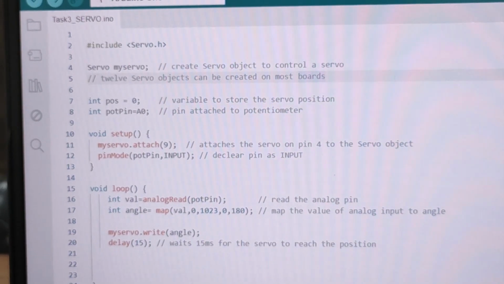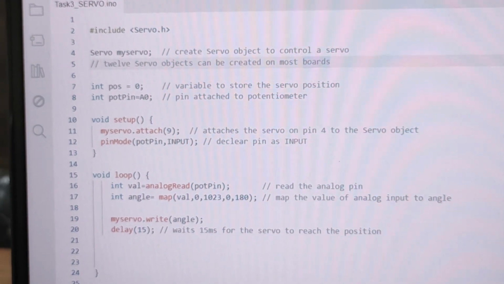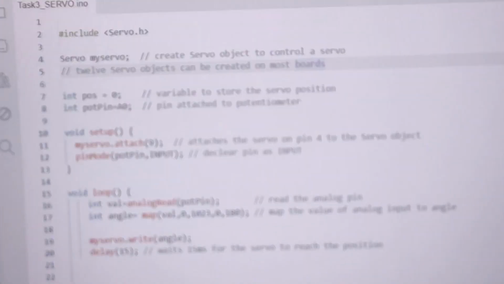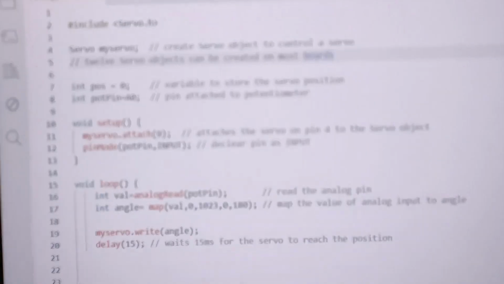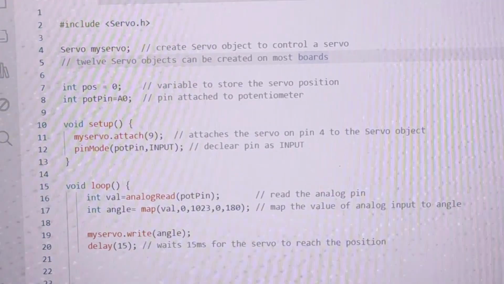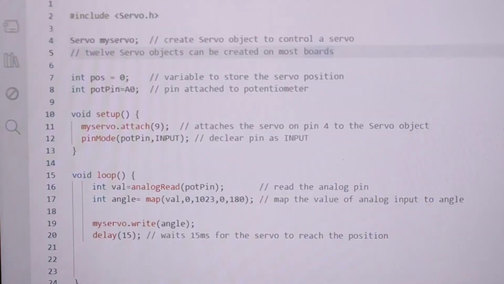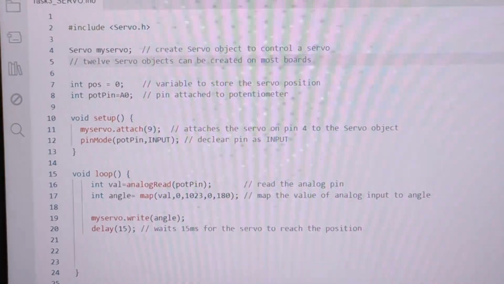It is also again using that servo.h program. Here basically the objective is that we are adding an external potentiometer. As you rotate the potentiometer, the corresponding angle will be passed on to the microcontroller, and it is going to take the servo motor to that corresponding position. That is the basic function of this program.